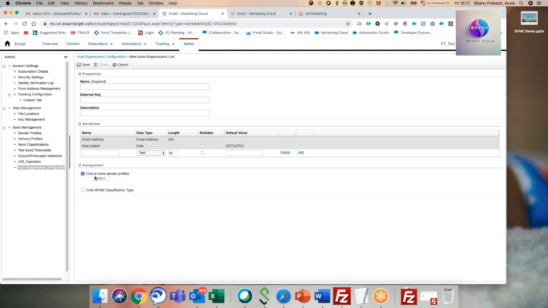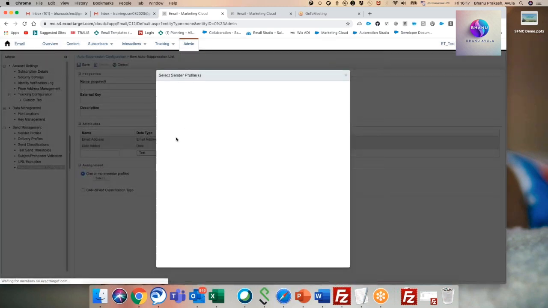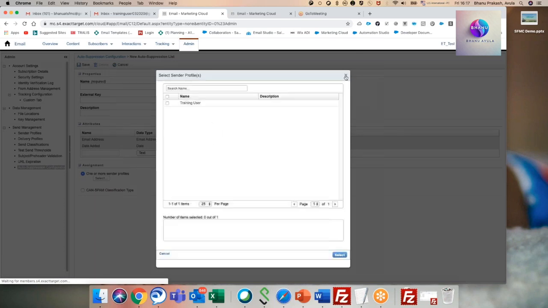Or else, if you have multiple sender profiles, we can put it for multiple sender profiles. But currently in our system, we don't have multiple sender profiles. I mean, you can give it for sender profiles. See, here we have one sender profile; you can give it for the sender profiles, or maybe you can put